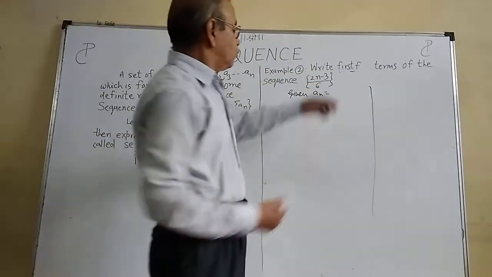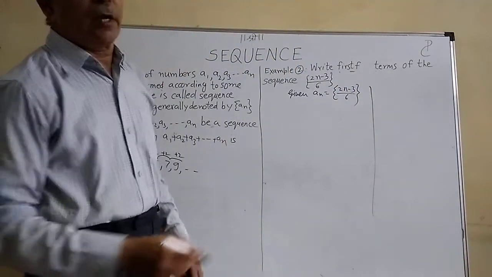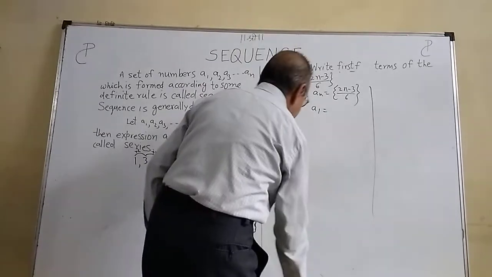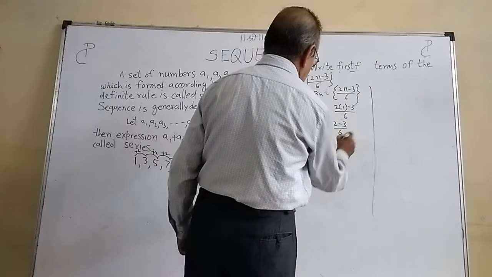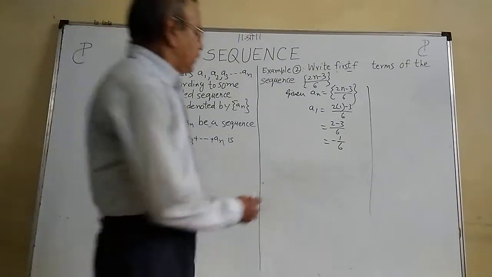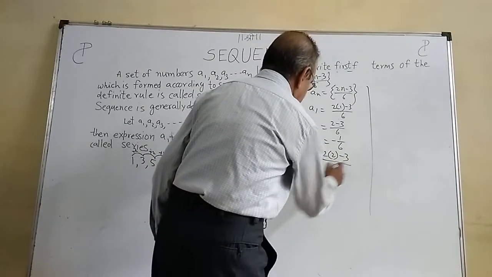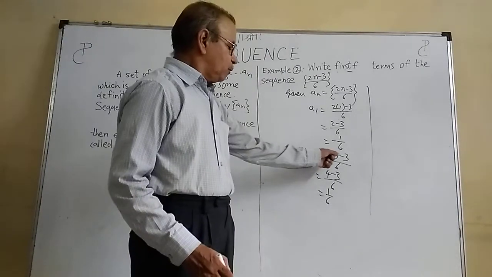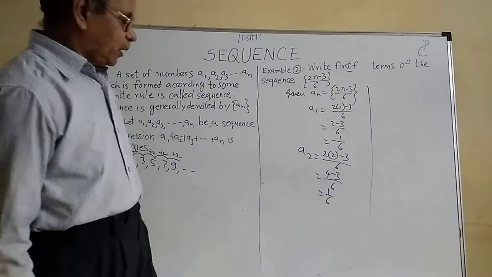Next, an is equal to (2n minus 3) upon 6. Now here I have taken a1. So a1 is equal to 2 into 1 minus 3 upon 6, that is 2 minus 3 upon 6, which is minus 1 by 6. Here a2 is equal to 2 into 2 minus 3 upon 6, that is 4 minus 3 upon 6, which is 1 by 6. The value of a3